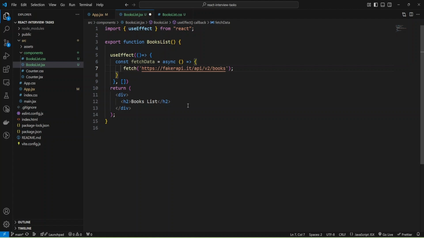And now I need to save the response from the API into some variable, and I'll use response.